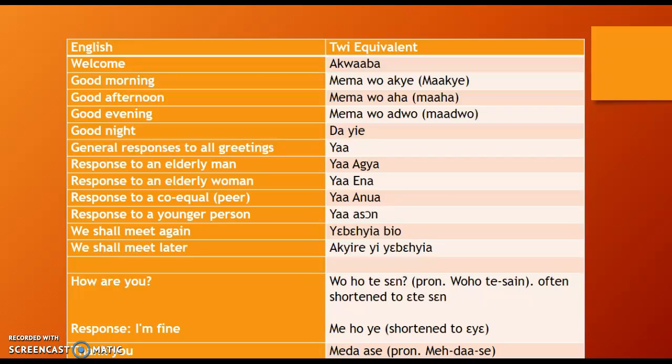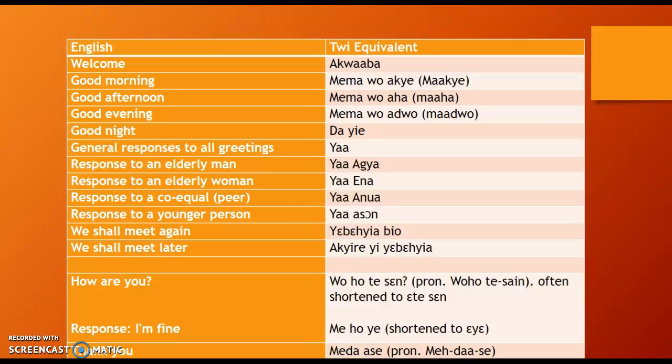Alright, in the morning, you can greet good morning by saying Maachi. Maachi is actually the easier way or the shorter way of saying the full word, which should be Memaawachi. So Maachi is the short form of good morning. Now if we break this word down and we want to try to understand it, we have